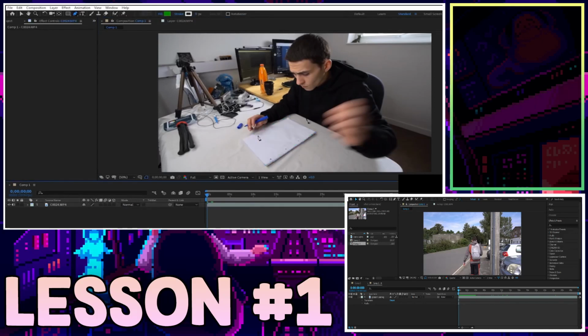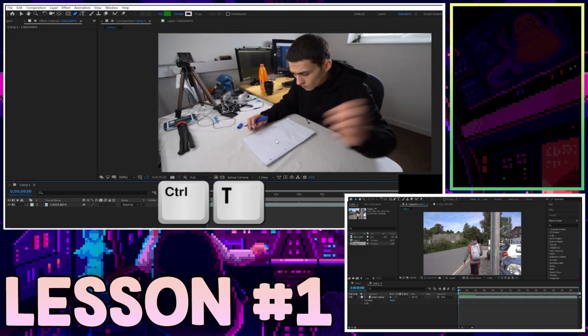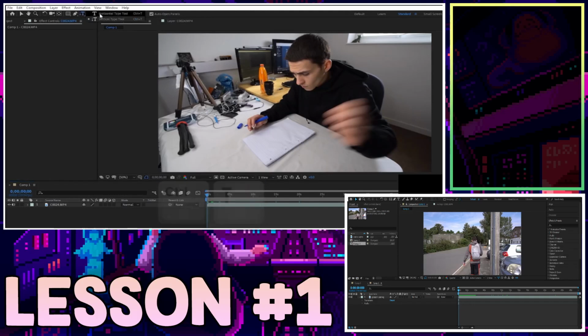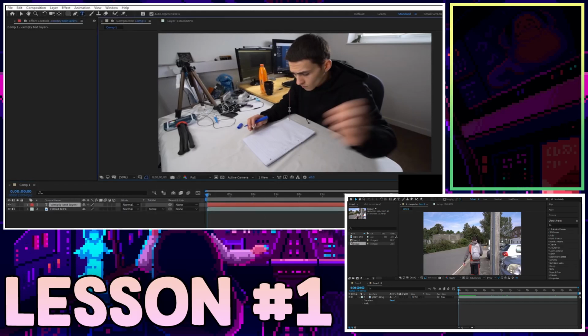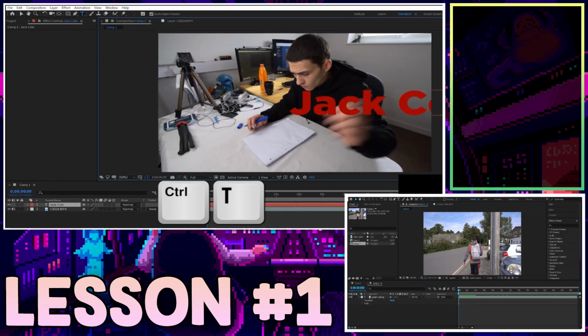Next up is going to be the text tool. Now, it would lead us to believe that the text tool would be T, but T actually applies to other things in the program. Therefore, the text tool shortcut is Control T. So instead of just T, it's Control T. And at any time, we can actually go up here and change to the horizontal. And then we could type Jack Cole, and we could make another one of these